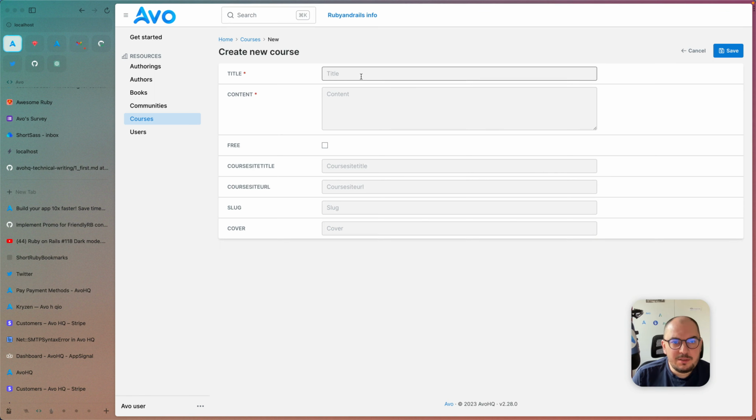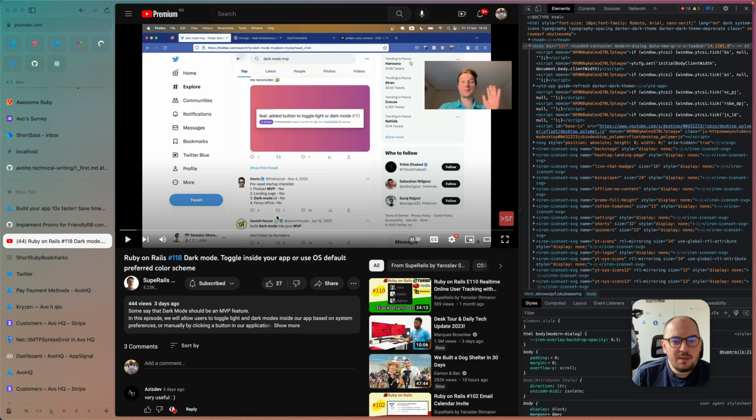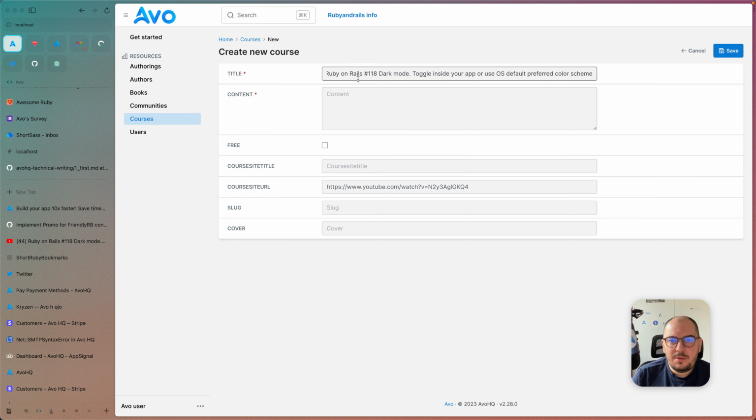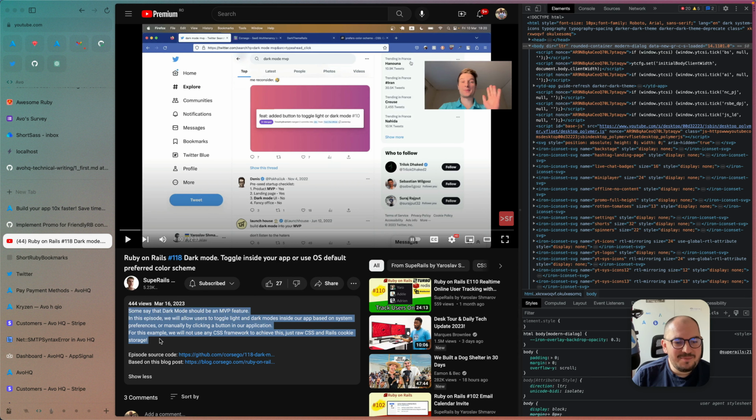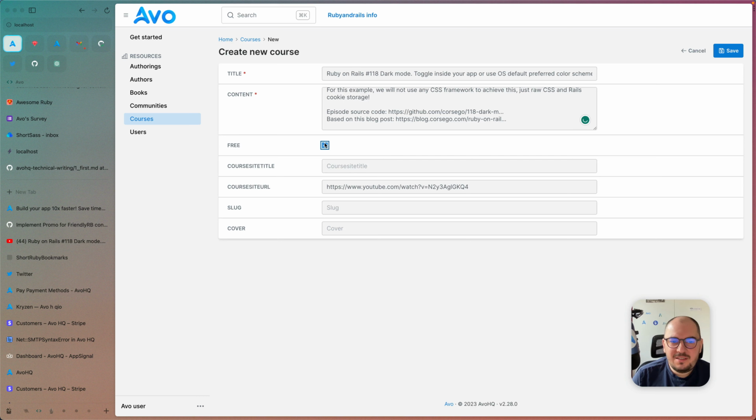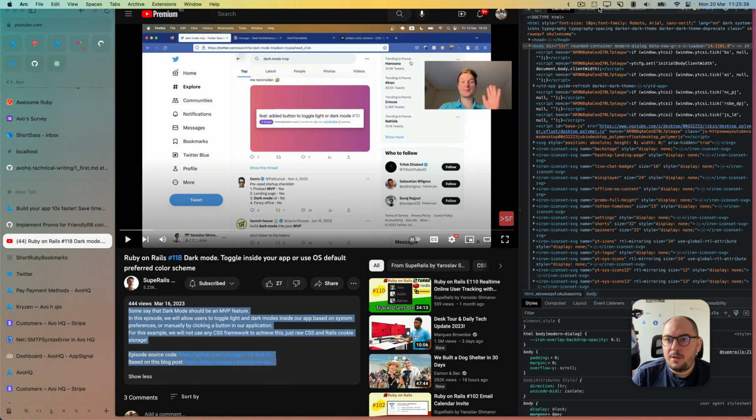So title. Let's just hit the course URL really quick. The title. Okay, this one. Ruby on Rails dark mode, and then some say dark mode should be an MVP feature. So this is good. Let's just paste this in here. Is it free? Yes, it's free. Cool. Let's just use this. Yarrow dark mode. Cool. We can auto generate this as well. And let's just pick up the